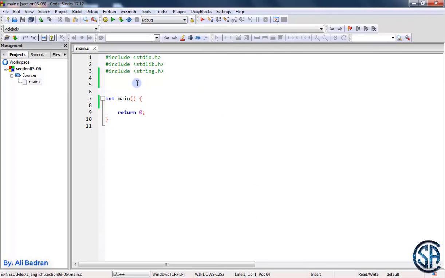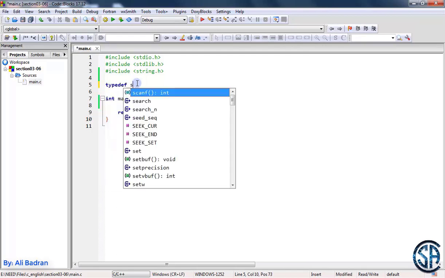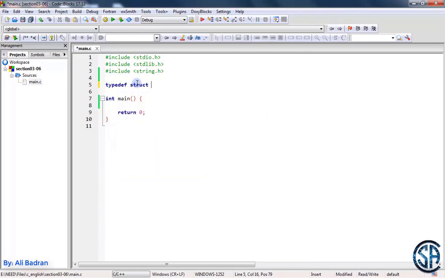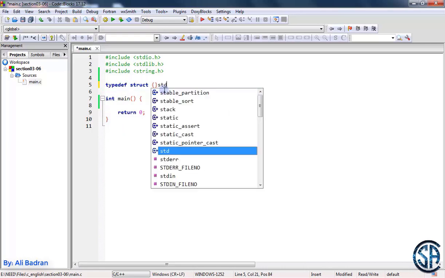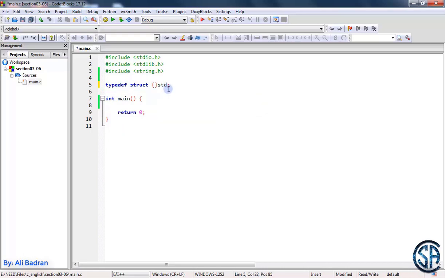So in this video, we will define 2 structures, a student structure and a courses structure. Let's start with the student structure. So typedef, and we want to make a struct. I don't want to give it a name because I'm using typedef, and I will call it std, short for student. Now in this structure I want to store the student name, so I'm going to suppose it is maximum